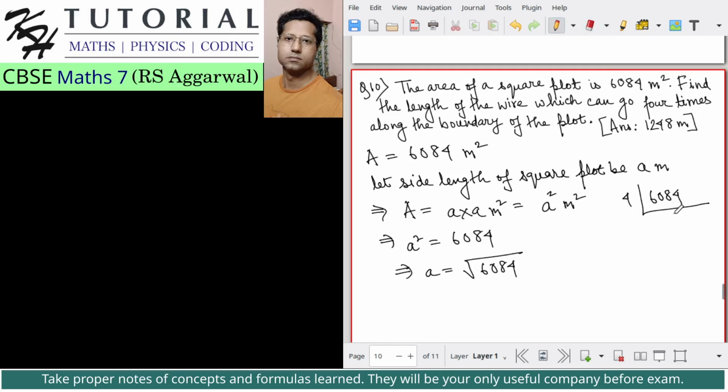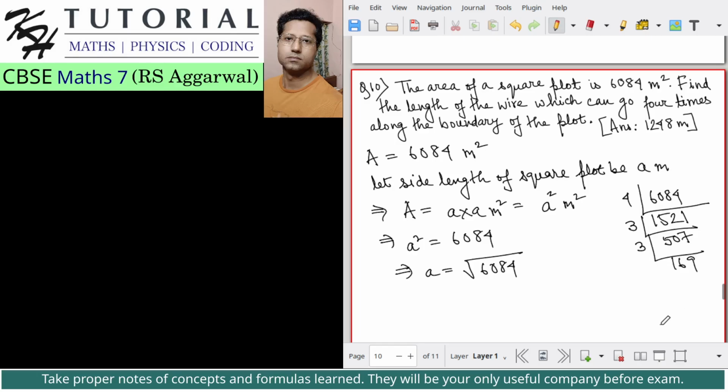For dividing 6084 by 4, I have 1, 5, 2 and 1. Okay, and this must be divisible by 7 or even 3. 82. This is divisible by 3. 507. Okay, and this is again divisible by